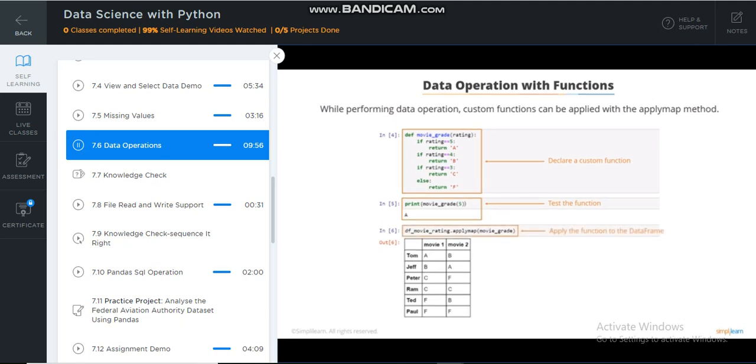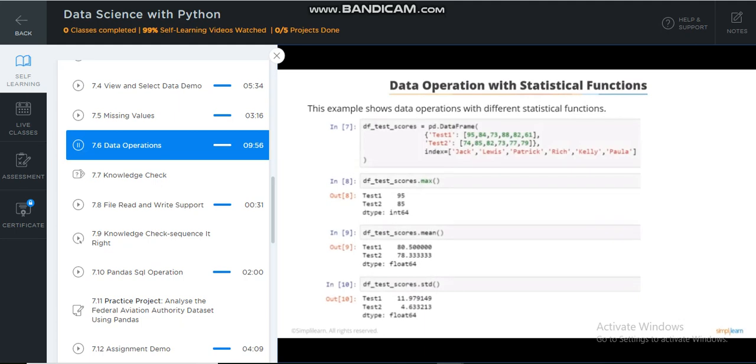Let's apply this function, which we just created, to the entire movie rating dataset created in the previous screen. Next, we use the applymap method and pass the function movieGrade in the data frame df_movie_rating. This changes the dataset from star rating to the category grade, as displayed in the output along with the viewer's name as the index. Let's look at data operations with statistical functions and how to use them. Create a data frame df_test_scores for